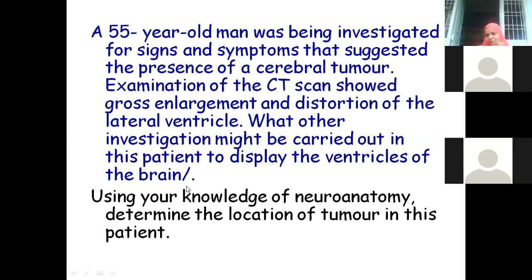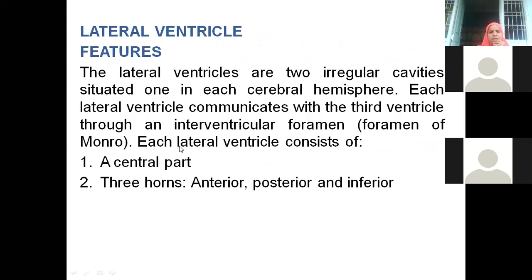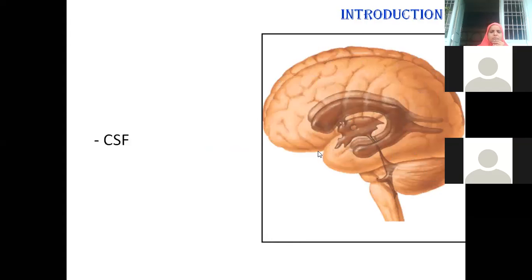Once we finish, again at the end of the lecture I kept this slide again. So something like this, a question like a scenario maybe. Now see here, first of all, before we talk anything about it, basically we know how many lobes are there in the brain? Four lobes: frontal lobe, parietal lobe, occipital lobe, temporal lobe.